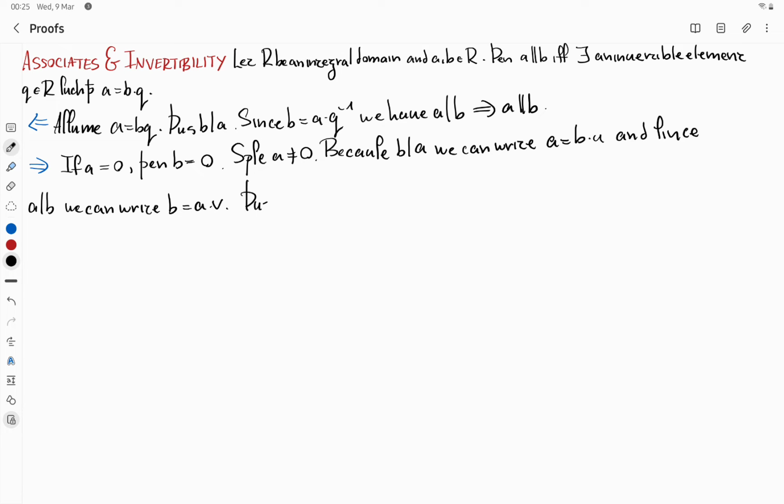Thus, A is equal to BU from up here, and this must be equal to AVU from here. We multiplied both sides by U to get BU. Alright, but then